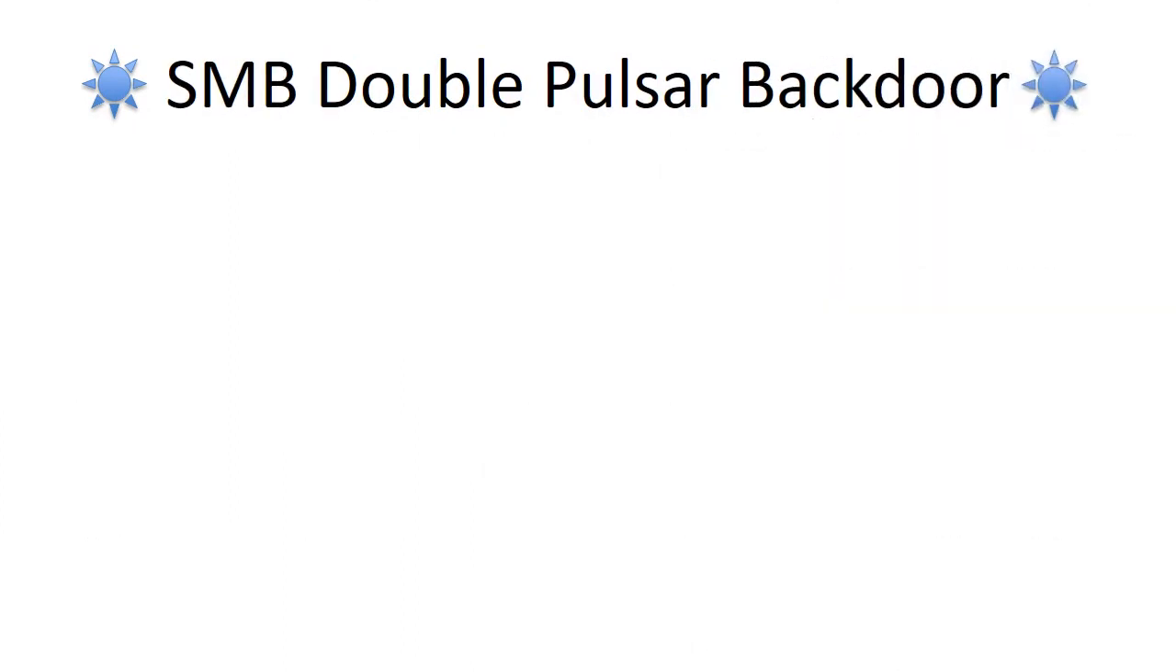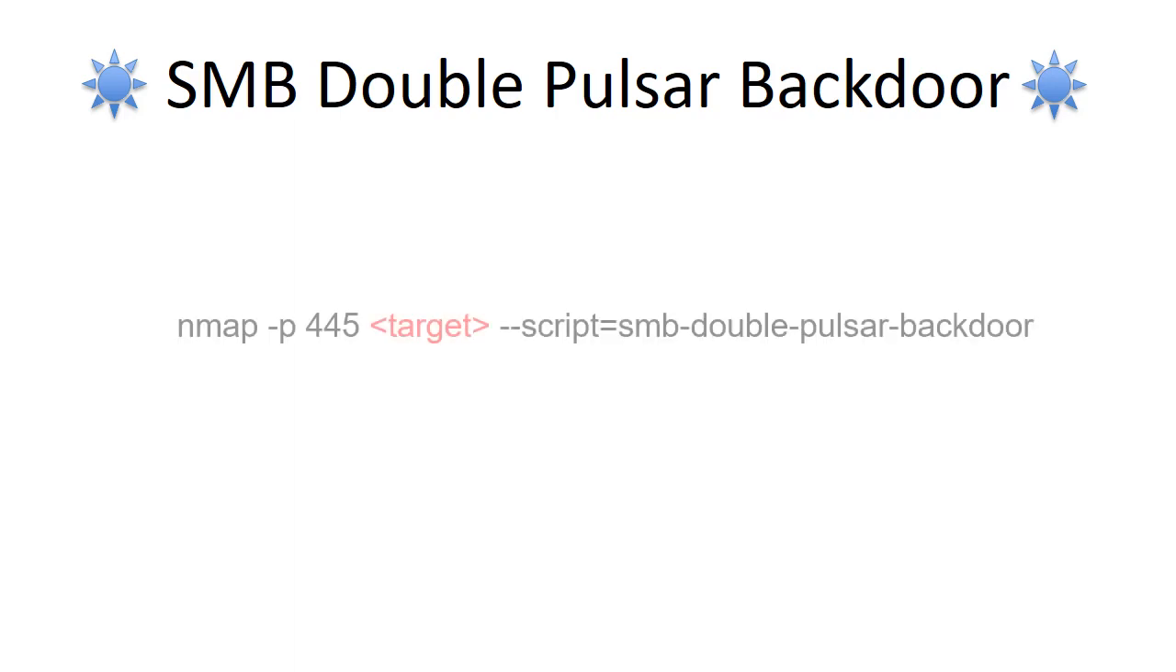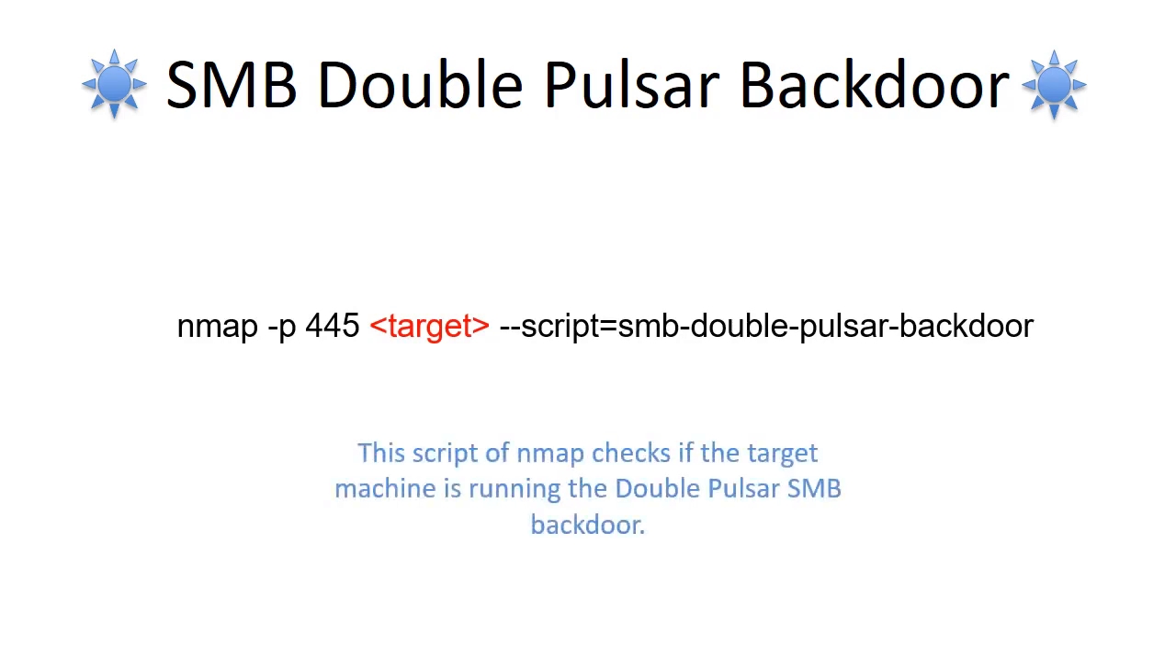DoublePulsar is a backdoor implant tool developed by the U.S. National Security Agency's Equation Group that was leaked by the Shadow Brokers in early 2017. DoublePulsar is a Trojan horse that opens a backdoor on the compromised computer. This script checks if